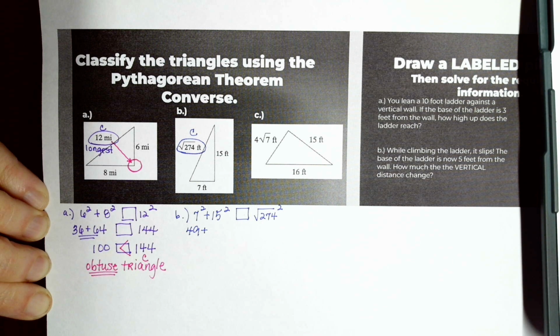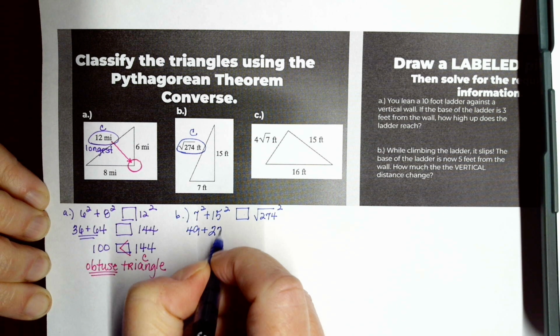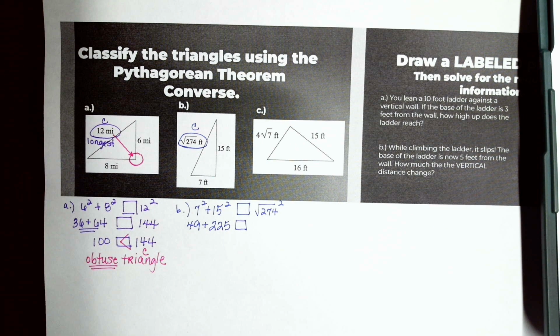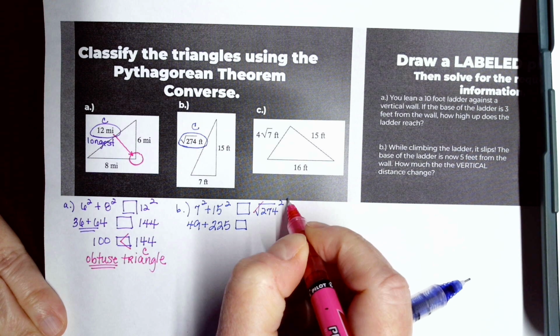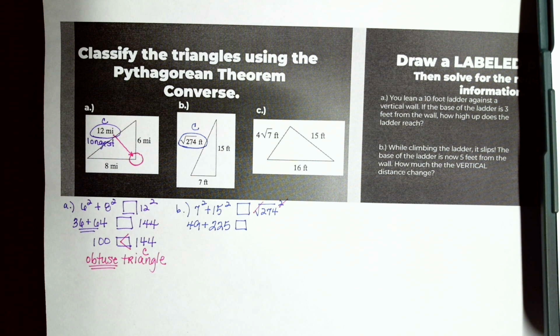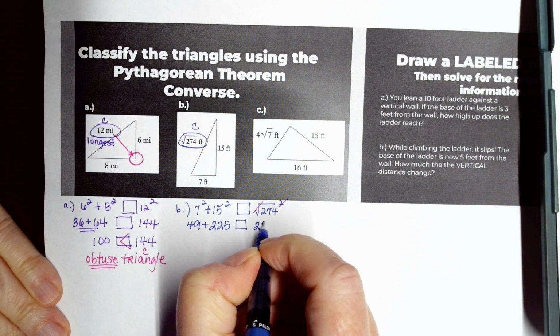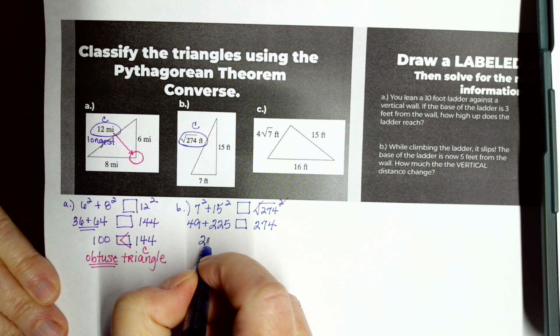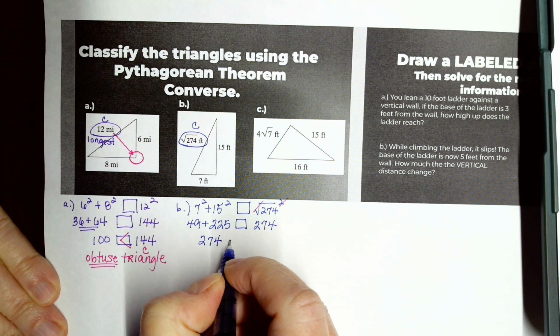15 squared is going to give us 225. And we're not going to be scared of this other side. I've got a square root and a squared power. They're just going to cancel each other out. That is no big deal. We're going to get 274. All right, so 49 plus 225 is also going to get us 274, which means